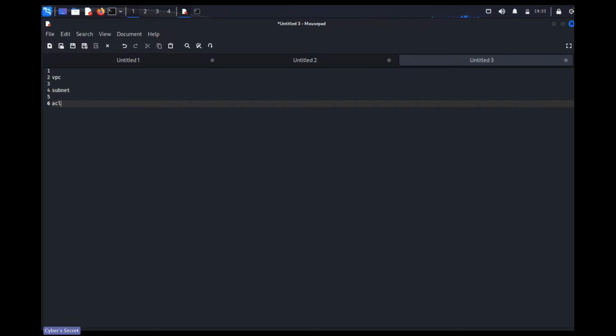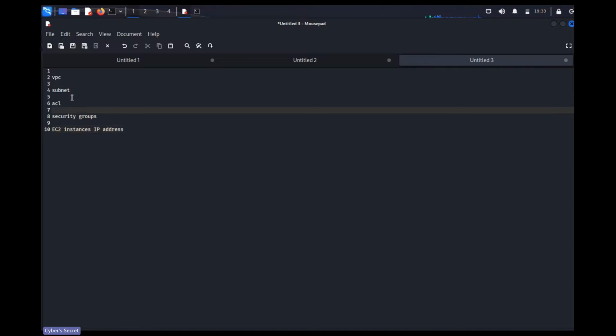You can add ACL level and security group details, so that you will know all the complete details. EC2 instance IP addresses. So once you have enumerated things from the CLI and you have the data output here, it will be easier for you to